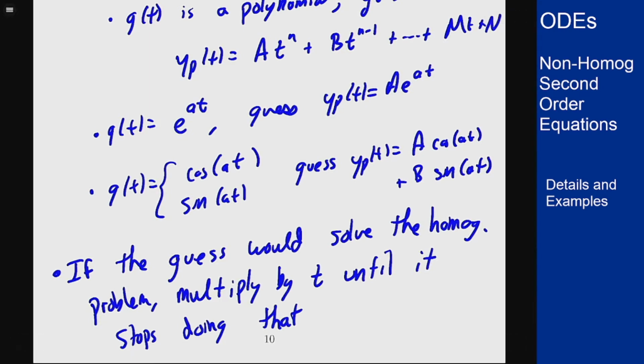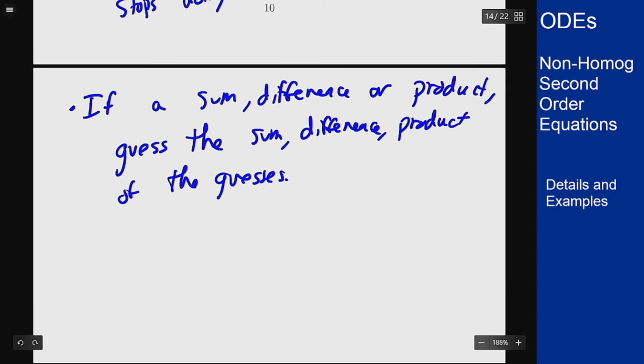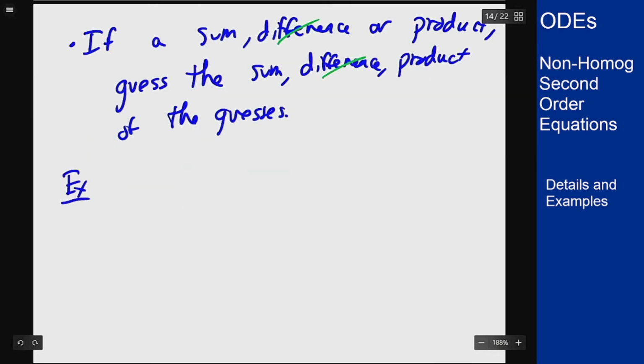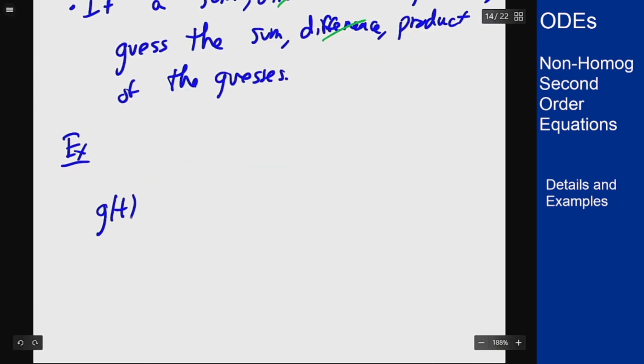And then lastly, if you see a sum or difference of any of these terms, or a product, you're going to guess the sum, difference, or product respectively of the guesses you would make for those terms. You don't really have to include difference here because it's just a sum with a negative coefficient, but the idea still stands. So for example, if I had a function g of t that was t squared e to the